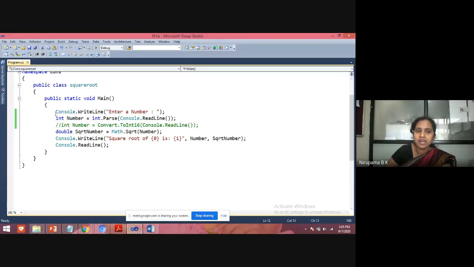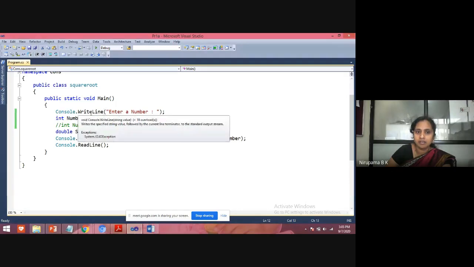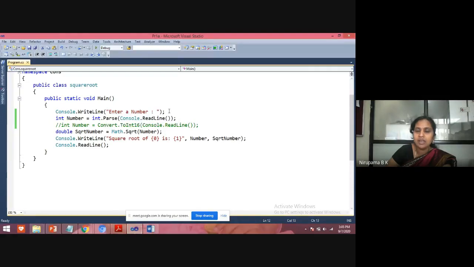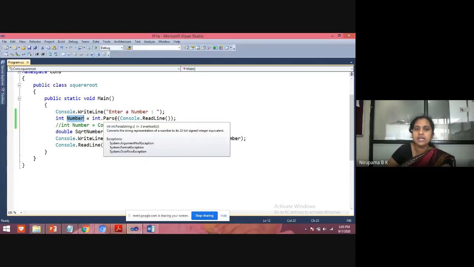See here, to enter the number I have taken a Console.WriteLine statement, and next, to take the input into the variable number, I'm parsing it into an integer value.